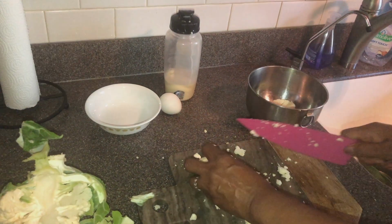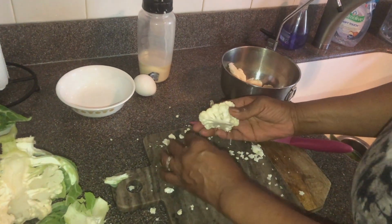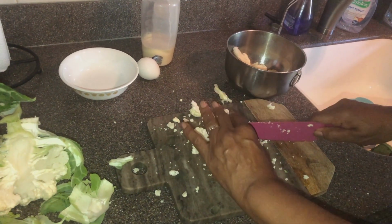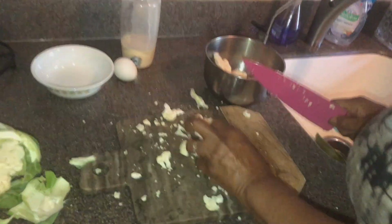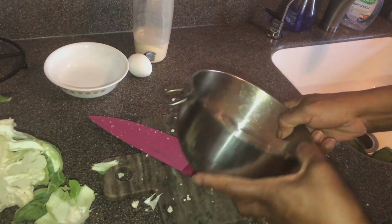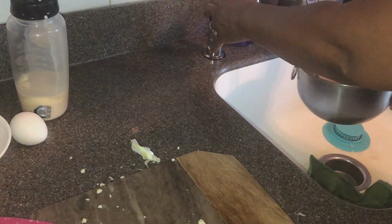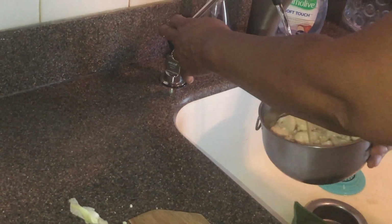And after you break off your cauliflower piece, you're going to just chop it up into whatever size pieces that you want in order to eat. And then you're going to put it in whatever bowl you want to use. If you don't clean your vegetables, that's up to you, but rinse them with some water. And then after you finish rinsing them, I just let them sit for a little bit, and grabbed my bowl